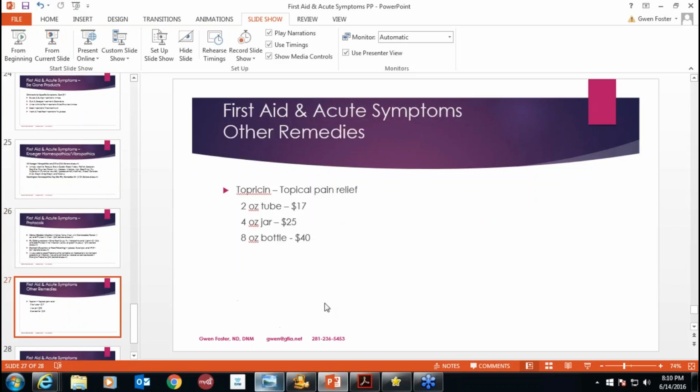Okay, and then one last thing under first aid and acute symptoms, but this can also be used for chronic, is Topricin. It's a topical pain relief, and for people who have neuropathy, hypericum is really good for nerve pain, like from an injury, like you just hammered your finger. But Topricin can be helpful for that too, for past the initial injury, but also for neuropathy and pain